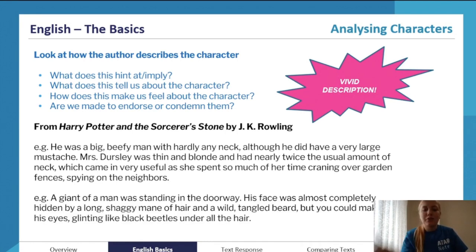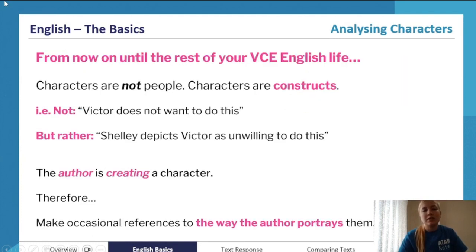Wonderful. And we see another one. You can just have a read of this. I'll move on, but we see this as more of a mysterious description, and this is the description of Hagrid when he initially appears. So really mysterious. Don't know if that's a good person or a bad person, but secretive and mysterious. So when you analyze characters from now and always, make sure that you use that appropriate language.